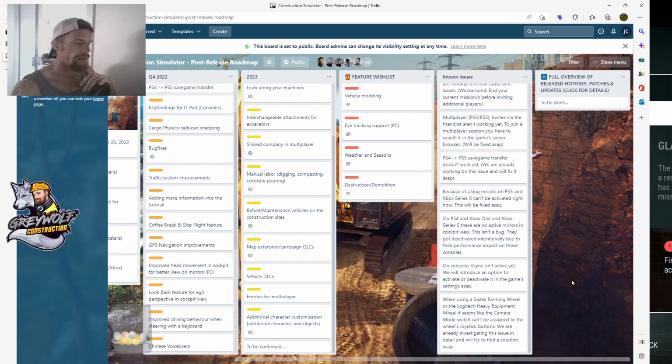When using a SciTech farming wheel or a Logitech heavy equipment wheel, it seems like the camera mode switch can't be assigned to the wheel's joystick buttons. We are already investigating this issue in detail and will try to find a solution as soon as possible. Sorry guys, I mean that's a weird one. You should just keep your camera mode switched to your keyboard, I guess. I personally kept my keyboard as my secondary. I had my wheel and my steering and my joysticks as my primaries. Personally, I just use the keyboard for some of the functions like actions and moving, jumping,